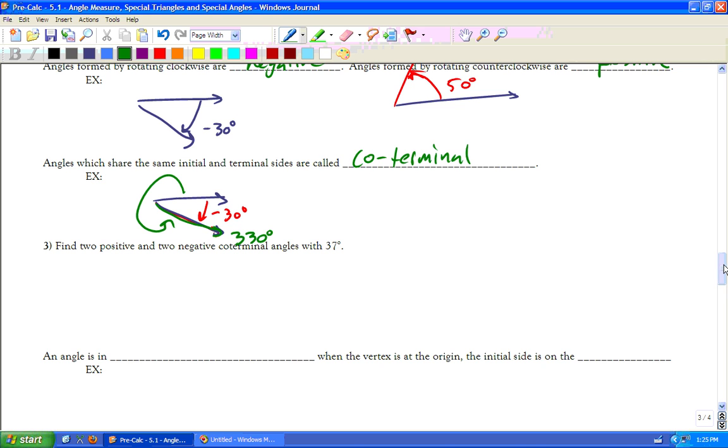This next question is asking us to find two positive and two negative coterminal degrees with 37. So if we say here's our angle, which is 37 degrees, you've already rotated 37. Another way, and there's many ways, is to start at the 37 degrees and rotate all the way around, not only to our initial side, but all the way back to our terminal side. In other words, if we go a full circle around this 37 degrees, we'll come up with another terminal side. So if we start at 37, we're going to add a full circle's worth of degrees, which is 360,